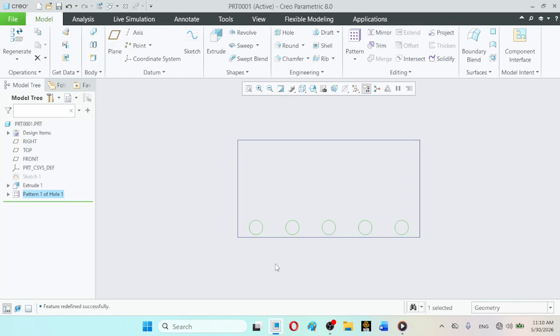So this is a very important thing that you have learnt: if you want n number of objects in a direction, then you will have to divide the total distance available for patterning by n-1.